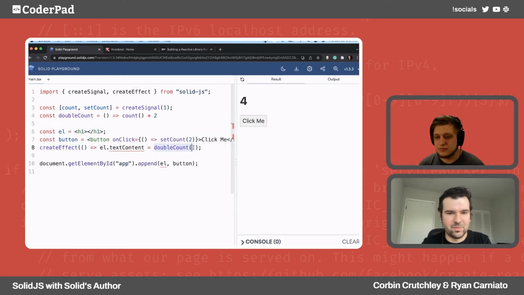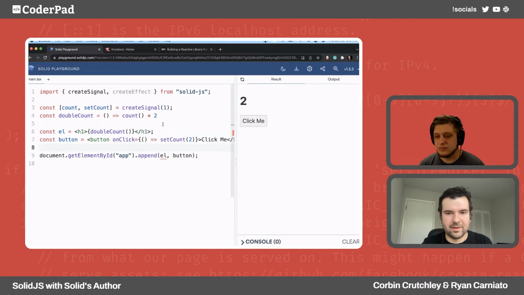What if I just grab double count and put it here and get rid of this? If everything is going well, it still works. This just compiles to what we were doing before. Essentially, this is just as performant. It's literally changing that little piece of text there, except instead of calling document.createElement yourself, you just did this. And so we haven't created a component yet, as you said.